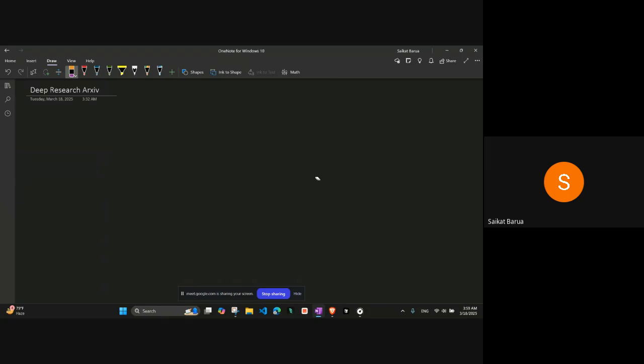So first, the system will take a prompt from the user, and based on the user prompt, it will call the archive API and find all the relevant papers related to the prompt. After it has found all the relevant papers,